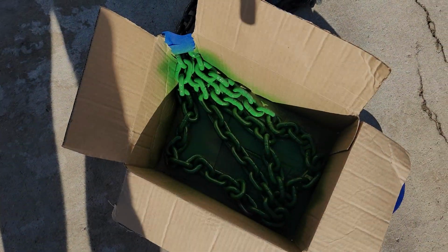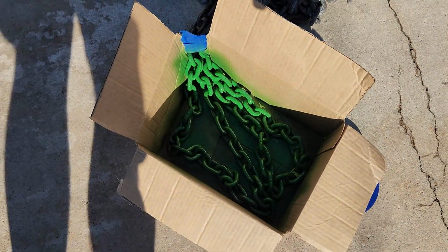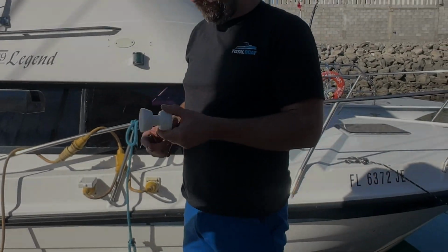Coat number 1 of at least 3. We'll let that dry, flip it over, and hit it again. And while we wait on that to dry...